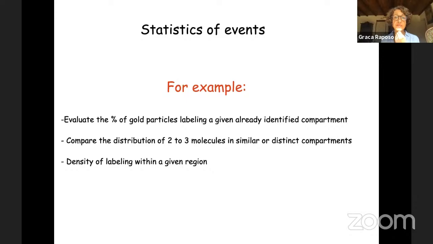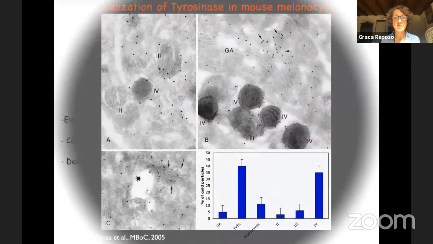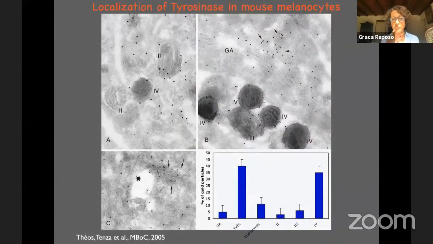Again, I cannot insist more on the fact that we need statistics, we need to do image analysis, because we cannot only show the example of one micrograph in a paper. The reviewers always ask for statistics, and this is just one example from one of our papers. As you'll see in most papers using these techniques, there are a lot of methods to do the quantification of the gold, even under the microscope or now just on the computers: you take different images and you just count.